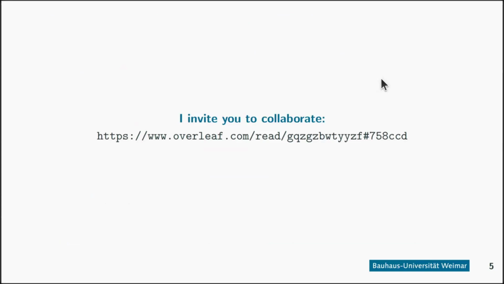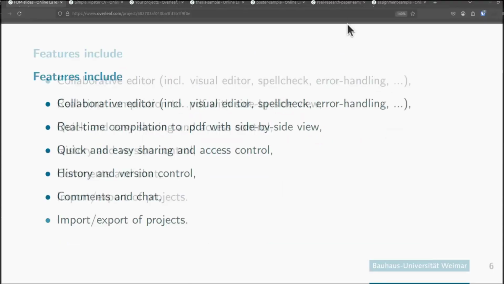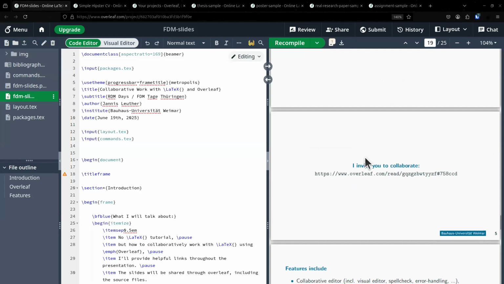Let's get into the features of Overleaf. I would do it very hands-on, and I will invite you to collaborate. So I will send this link into the chat. And as you can see, I am already in Overleaf and I'm doing this presentation from Overleaf.